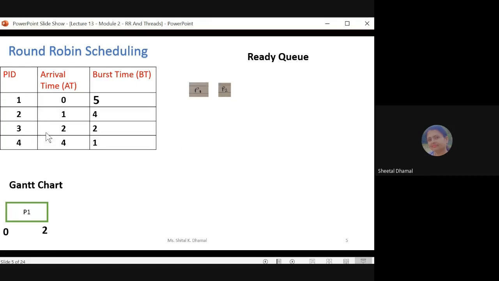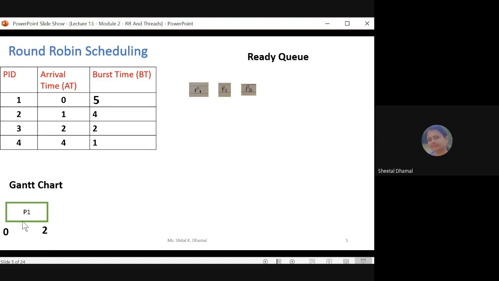And process P3 arrived at 2 o'clock, because at that time the process P1 was executing. So what you have to do here is add the process P3 in the ready queue. So the processes P2 and P3 were added in the ready queue when the process P1 was